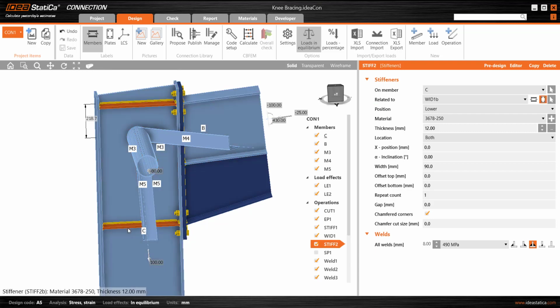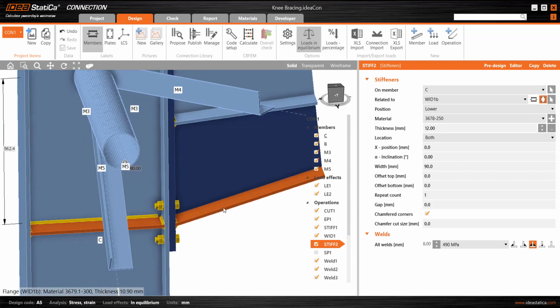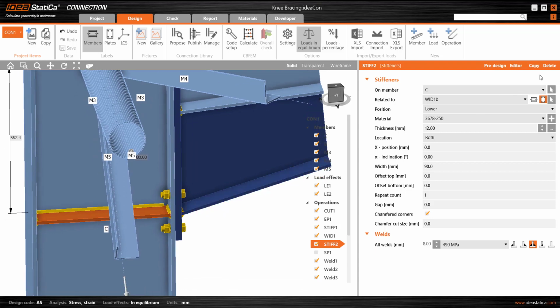And then I copied that operation, and stiffener 2 is not aligned with a member, but it's aligned with a plate. And then the widener, we see the widener 1B, the bottom left, for that haunch, and therefore that is entered there or picked from the list, or use the pick tool here to select that plate to enter that